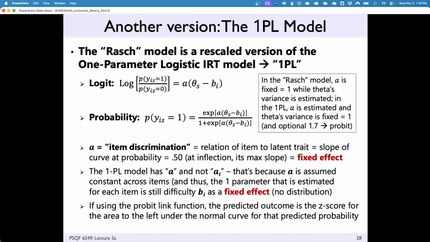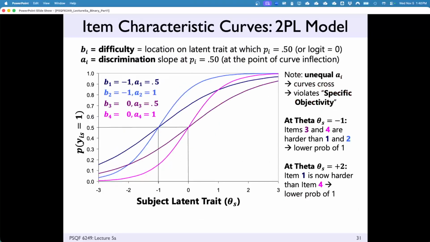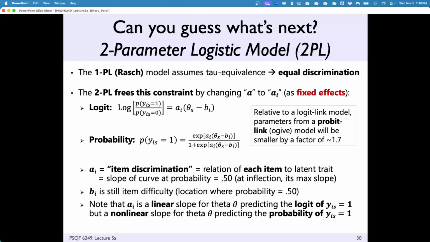Now, if you're a true Rasch person, let me back up for a second. The 2-parameter version of the model, the one that we would most consider closest to what we've seen in factor analysis, didn't come out until 1968. It was probably before then. Actually, 1950 had 2 parameters too. Those 2 parameters map closest to what we know from factor analysis. Basically, the item discrimination, the factor loading, etc.